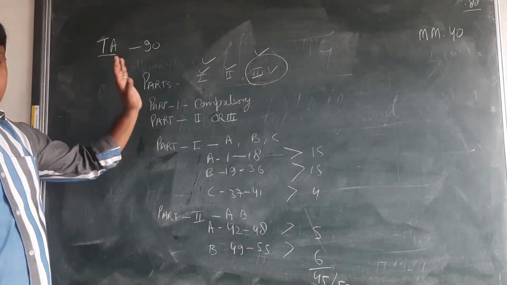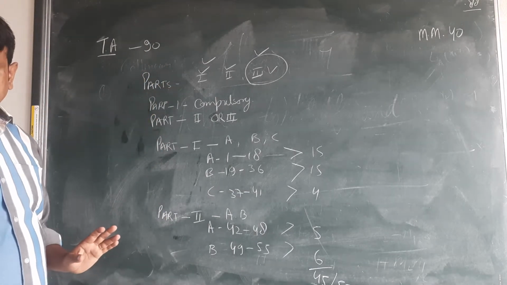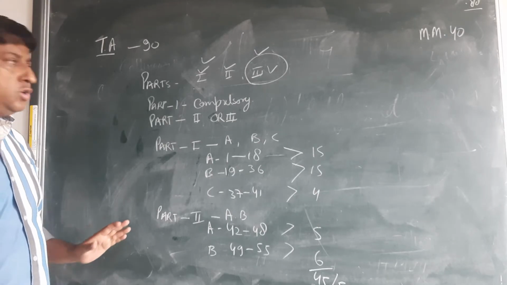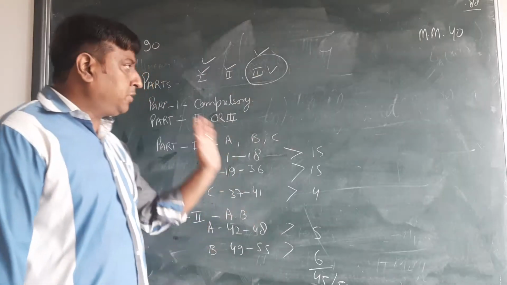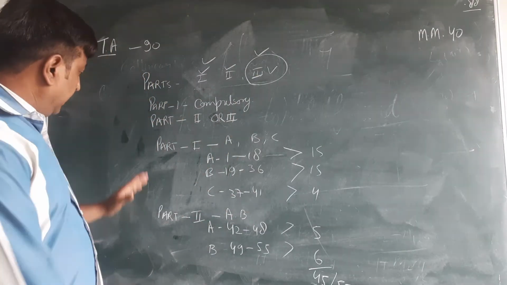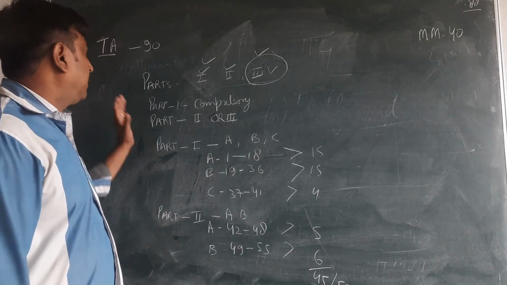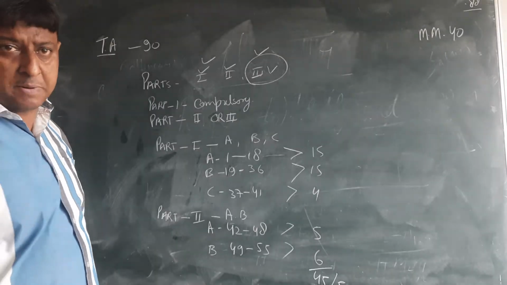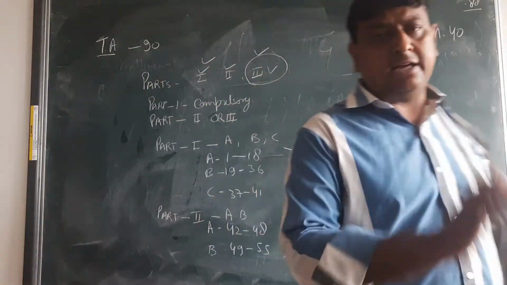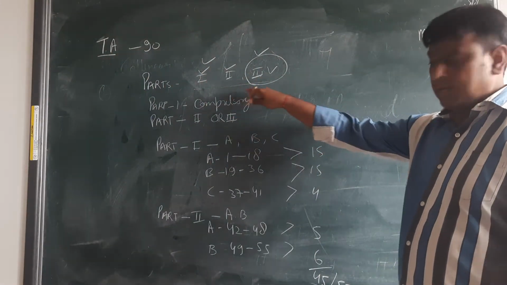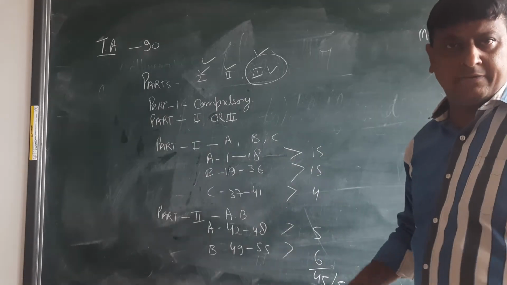This is for 11 and 12 both. In our school, no one is studying the computer, so the computer part is erased fully. Only 2 parts we are going to see, Part 1 and Part 2, though the question paper comes in 3 parts for 12. For 11, it comes in only 2 parts, and we are going to follow the same pattern for 11 also.